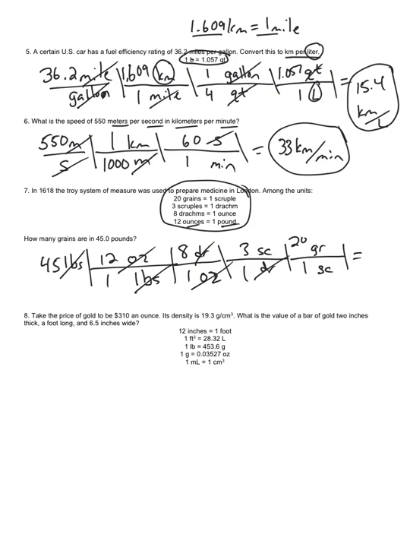So now I take 45 times 12 times 8 times 3 times 20 equals 259,200